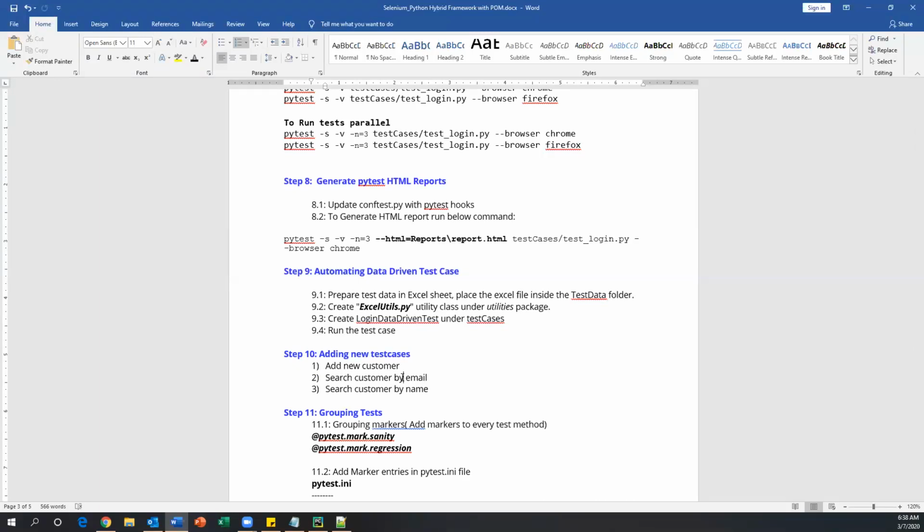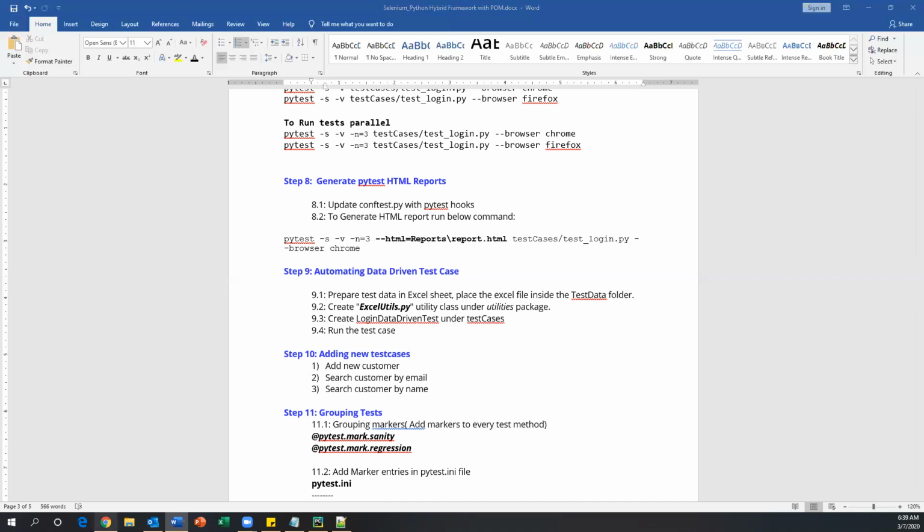Now, once you have understood the framework, then you will need to review your test cases. So whatever test cases are given to you for automation, you need to go through the test cases. And before starting automation, you need to do some manual flows. So once you have test cases in your hand, you need to just do some manual flows in your application, and then you will know exactly what are the elements you need to interact with, how many pages are there for that particular test case, and whether there are any common pages for multiple test cases. You will know all these things before automating the test case, and then you need to start automating the new test cases. Before that, you need to do all this groundwork, right?